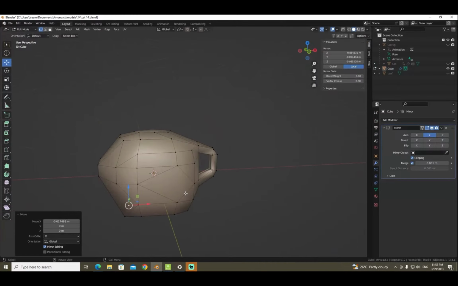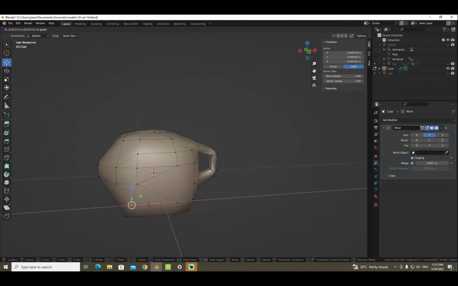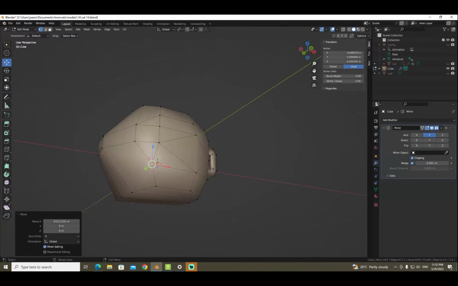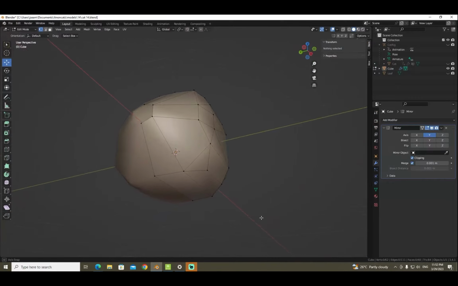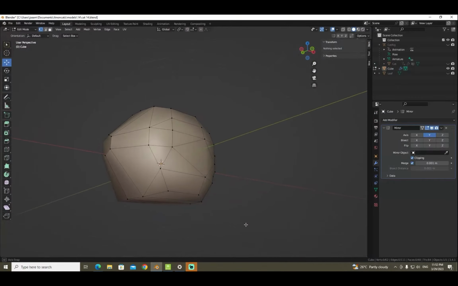What? Can push in this direction and actually